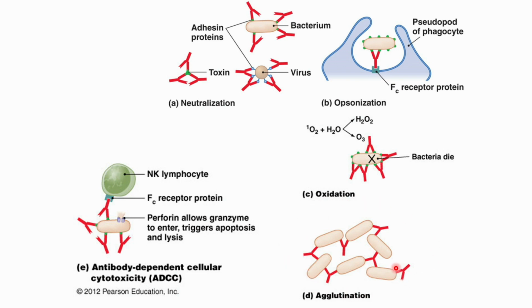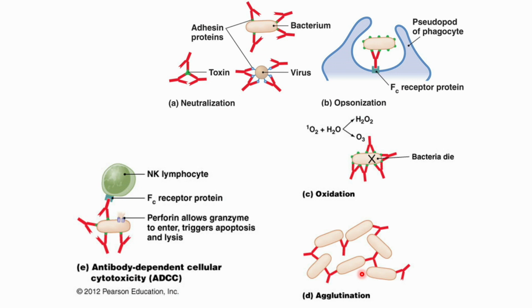It's so big that it is particularly easy for a phagocyte to find it and bind to it. So whether neutralization is occurring or we've got agglutination, which means there's a whole lot of these bound together in a big mass,